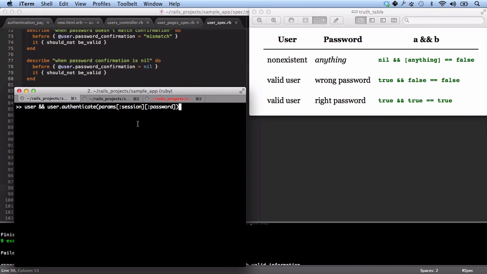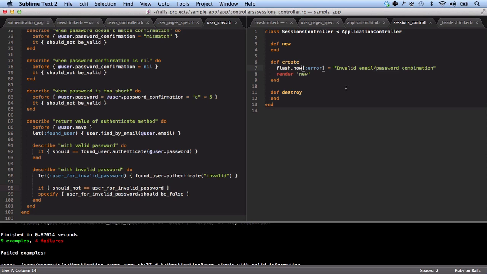Now, this might seem like an awful lot of trouble, but this kind of line is idiomatic Ruby. So it's a really good idea to be able to read something like this and understand what it does. So let's go to our create action. Our first step is going to be to pull the user out of the database. So User.find_by(email: params...). So this pulls the user out of the database, and then we want to say if user and user.authenticate